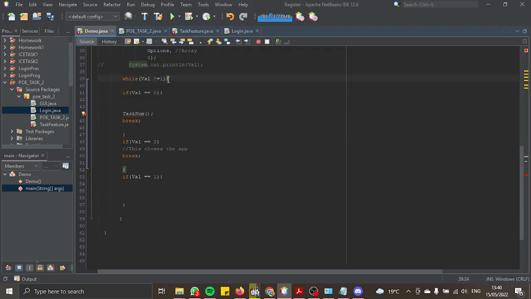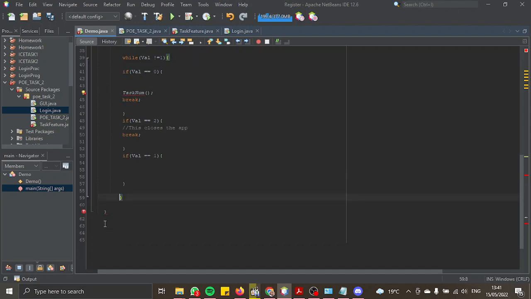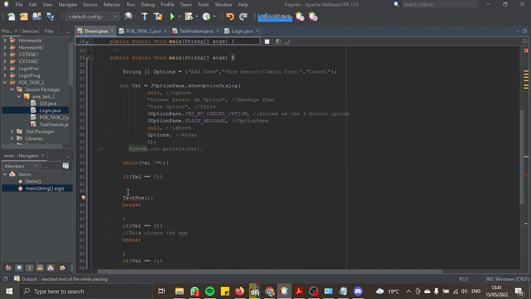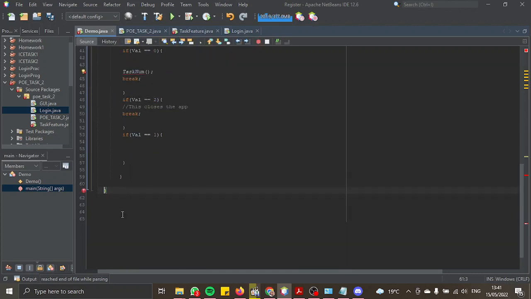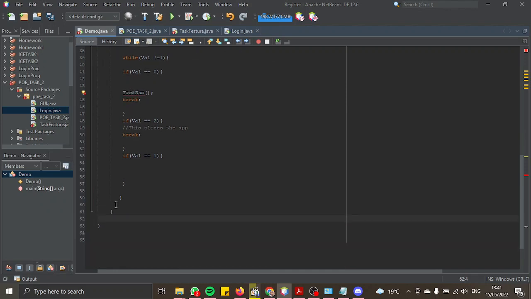Okay, that's the while loop statement. That's if statement 1. I forgot if statement 2. If statement 2. If statement 3. And then that's the while loop. And then this should be the public static. Okay. And then this, that's just for the whole thing. Okay, so now underneath